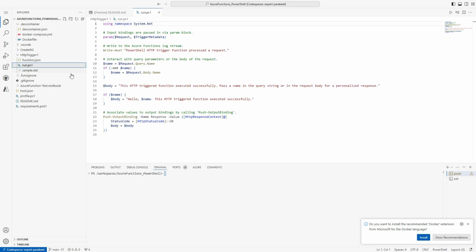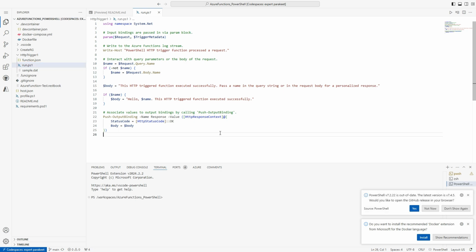For the demo we've got now, we've got our HTTP trigger. I talked to you about how we could have an Azure function respond based on the different triggers. So in this example, it's an HTTP trigger. We're going to send it a request, and then the request body will come back with information on essentially the parameter, and we're going to give it a name, and then it will output. So this is the output binding. It will output the body response as well, which will be hello, the name that we give it. This HTTP trigger executed successfully. So very simple